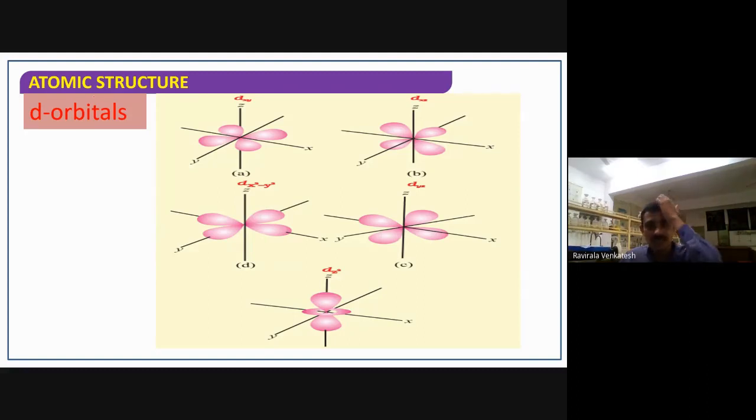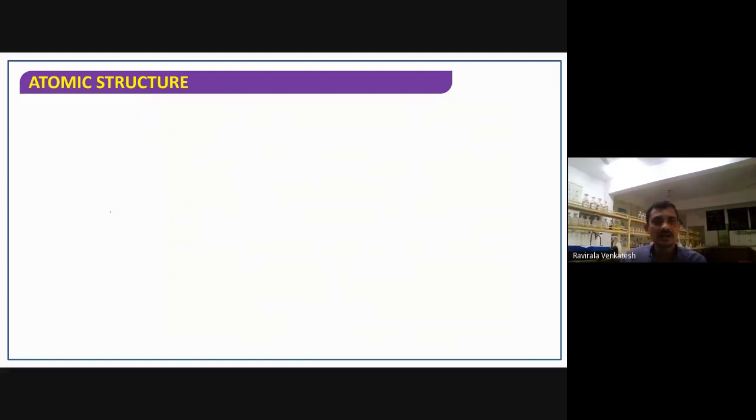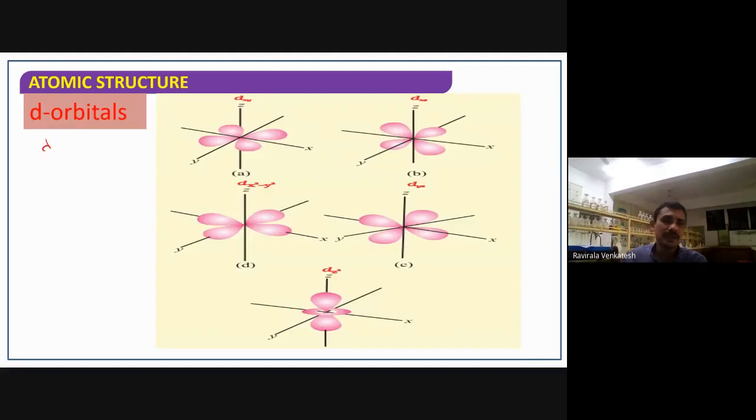Now the d orbital shape is a double dumbbell shape. The shape here is called a double dumbbell shape. Then how to draw the diagram here? Here also it is very simple. How do we draw it? First of all, the first orbital I am writing here is dxy. If you want to draw the dxy, you observe: between x and y, you have to draw an orbital.